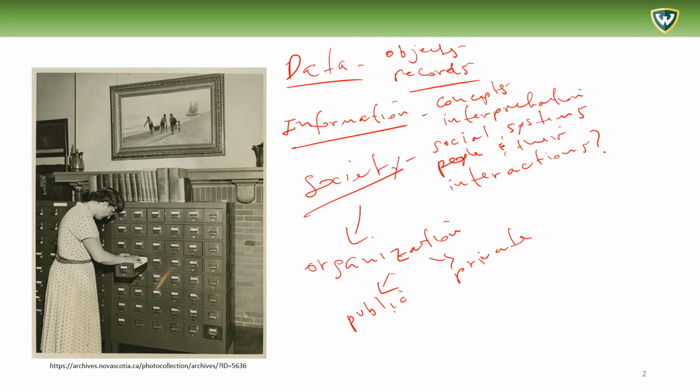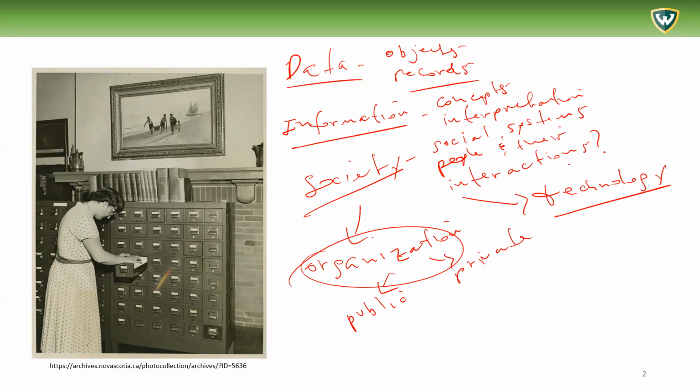So we don't really get to politics that much, but we do focus on the organization and the impacts of data, information, and of course, another concept important here, the technology. And the technology also impacts the society, the organizations, and the society impacts the technology. So I felt that these three concepts were a good way to summarize the major content of this course. But of course, you will have to see more specifically what we will focus on to understand what we will be doing.